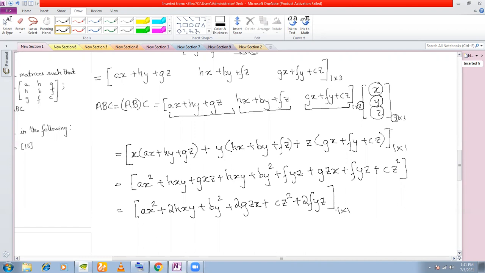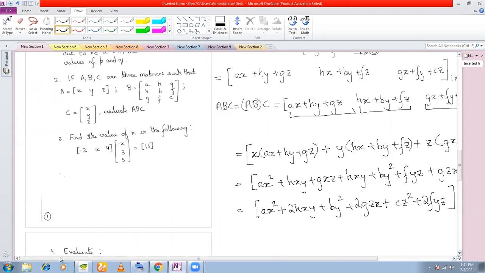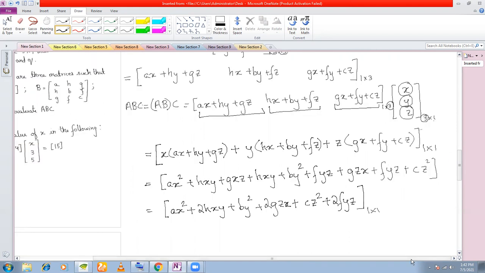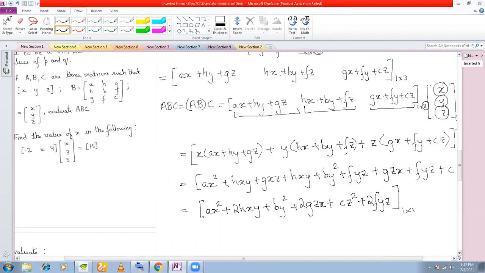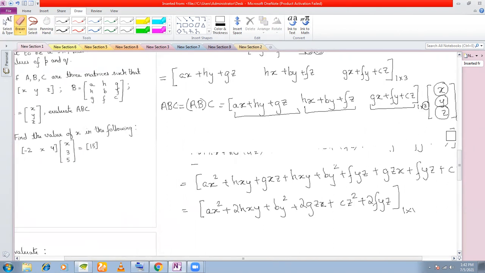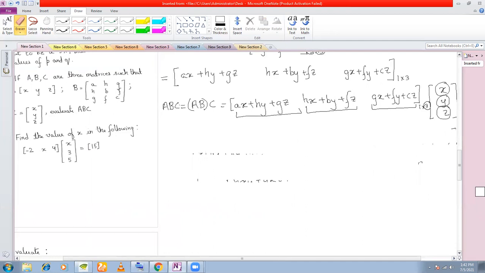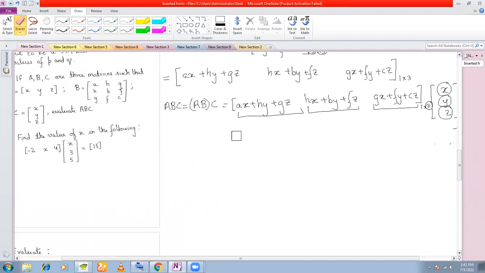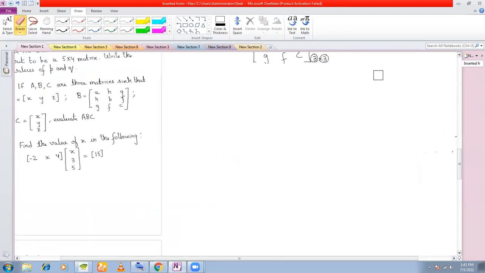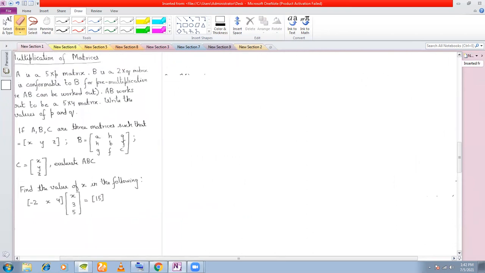Clear with this multiplication? Devanjan? Yes, sir. Because till now you have only done multiplication of square matrices, that is either 2 by 2 or 3 by 3, right? This is a case in which you are multiplying two matrices of different order. You've got to be a little careful while multiplying. You need to see what should be the order of the resulting matrix and see whether you are taking the right elements to multiply. Okay, so that is how you evaluate ABC.